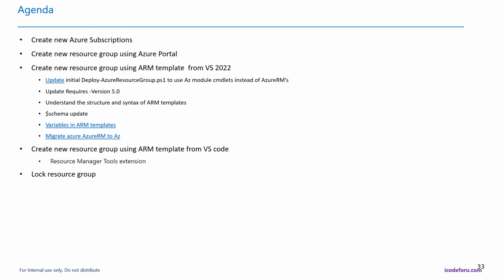And then the next step, I'm going to take you to creating the ARM templates in Visual Studio Code. That's infrastructure as code. That's the right way to actually deploy the resources, instead of doing it through the portal. So I will be discussing some of those ARM template related concepts, and also discuss how to deploy the same resource using Visual Studio Code.